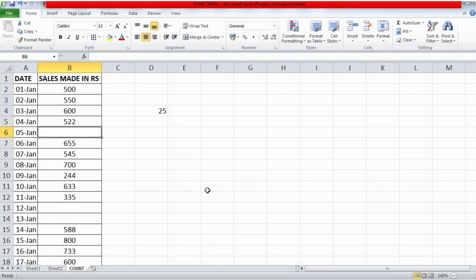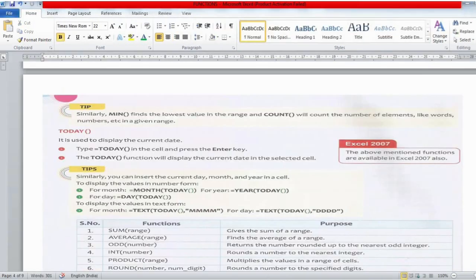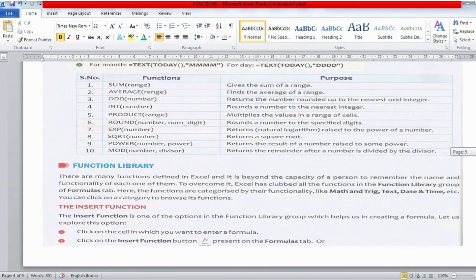So these are the only functions that you need to study in this particular chapter, students. Now this function library part is not in your syllabus, but still I'll quickly tell you about it. What is the function library? It is a library where many functions are present.